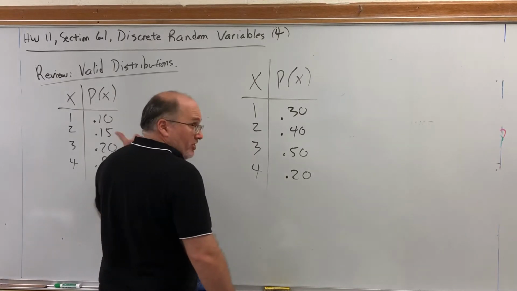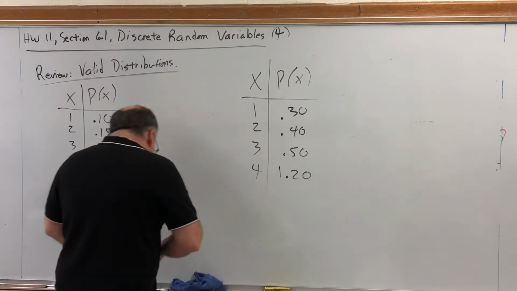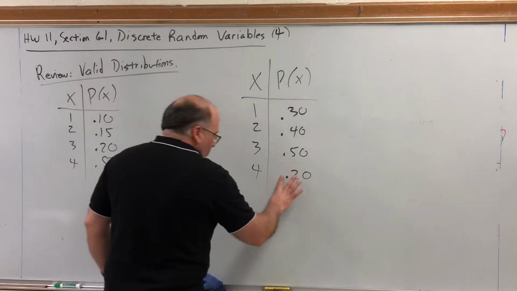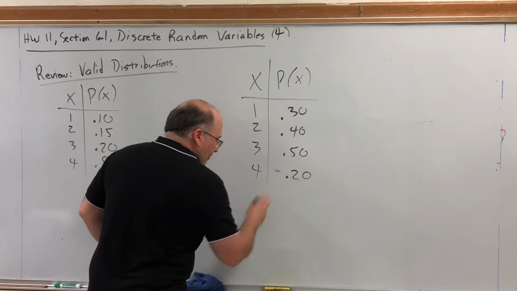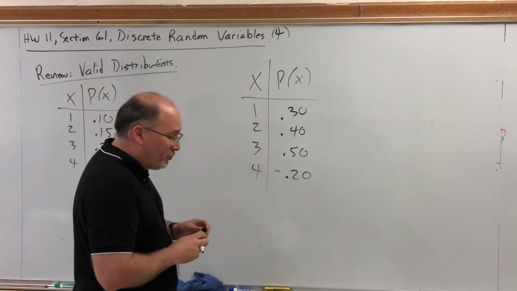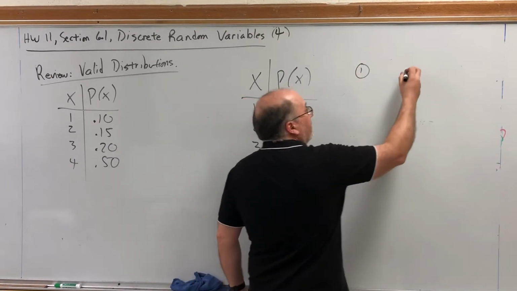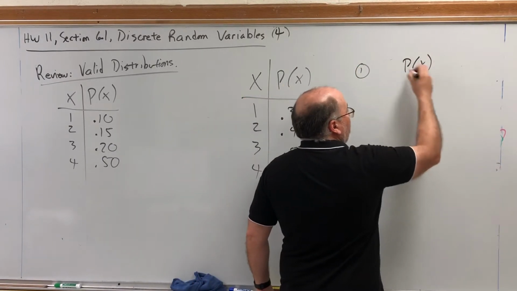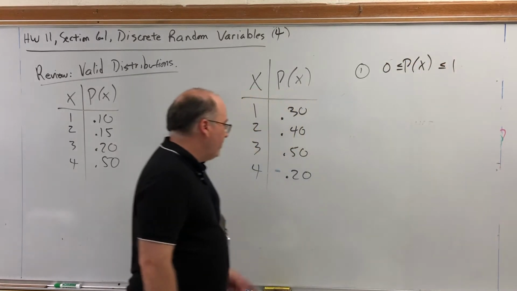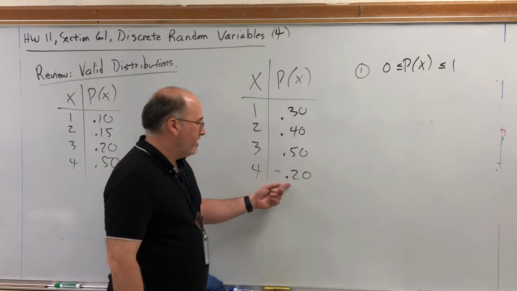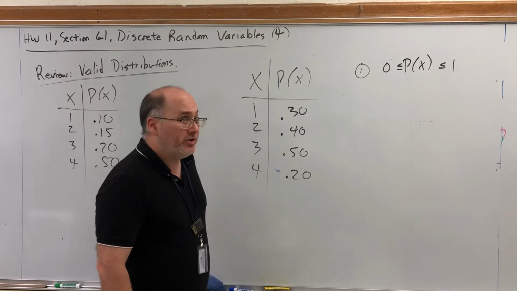For the same reason this one's not. Or if it were 1.20, that would be bad also. But it can't be 1.20 and it can't be negative 20 because there are two properties of a probability distribution. Number one, all probabilities, regardless of where they come from, are between 0 and 1. So if any probability distribution has a negative probability or a probability greater than 1, then it's not a legitimate